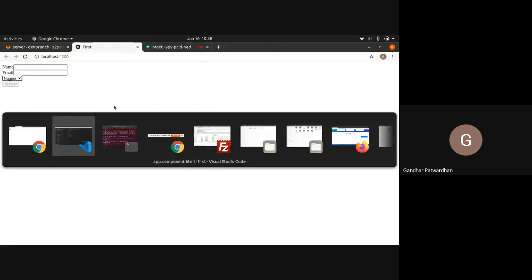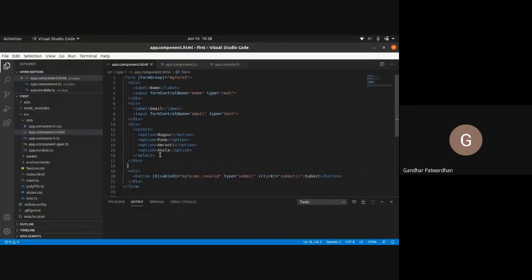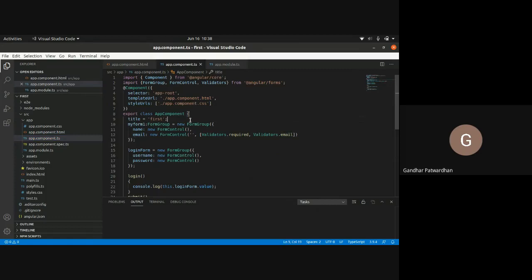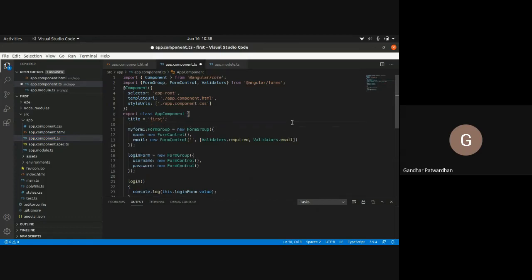Now if you can see, in this particular drop down, all the values of the cities, we have hard coded. If we do not want hard coding, we need to use dynamic data and bind that data here. So I'll create a data member. I'll call it cities, and I'll create an array of strings here.